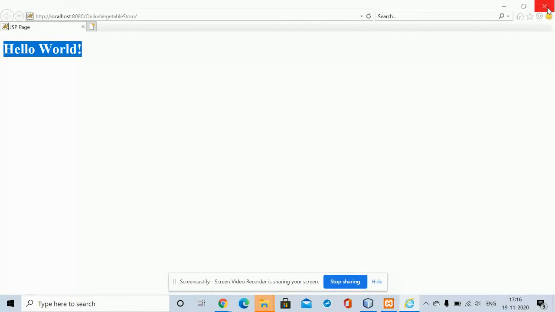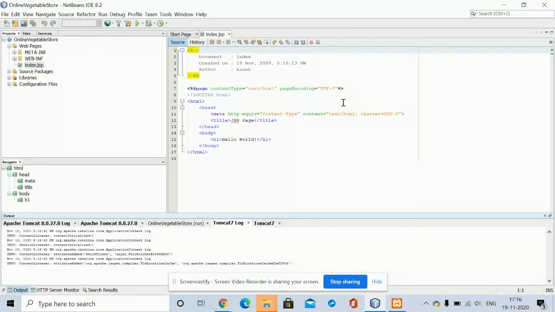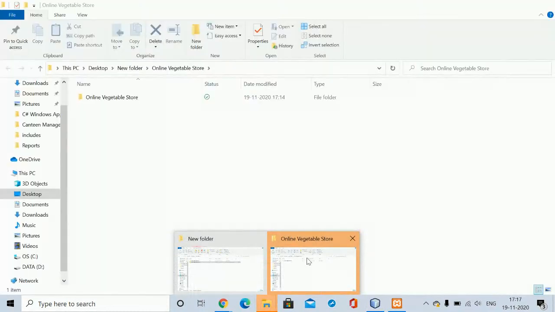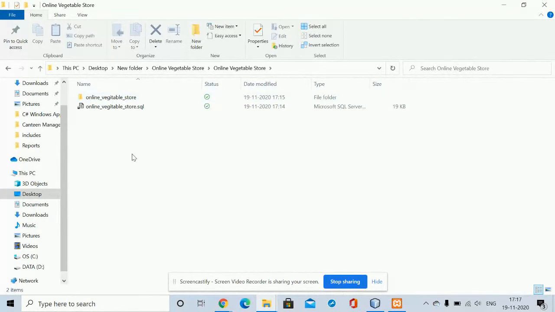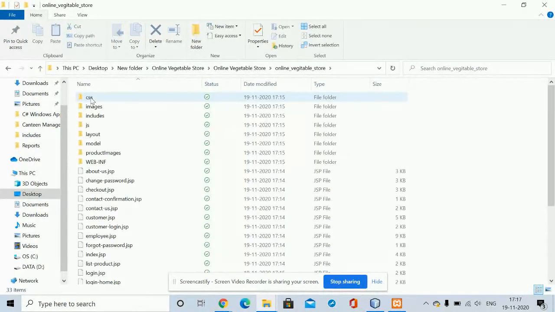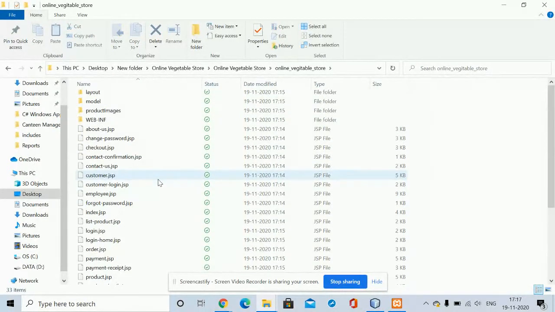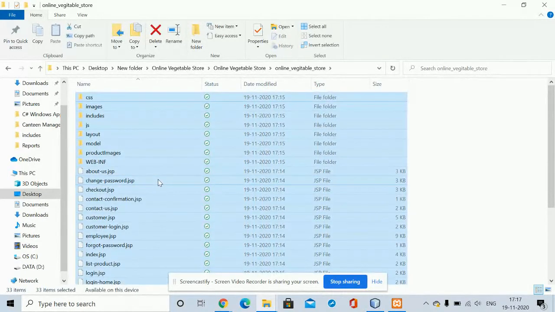Now the question is how you can configure the project which we have sent to you. After extracting the folder, you will get this folder, online vegetable store, and there are two items here. The first one is a folder, the second one is a file. You need to open that folder and select all, Control A and C. Don't select the WEB-INF folder.